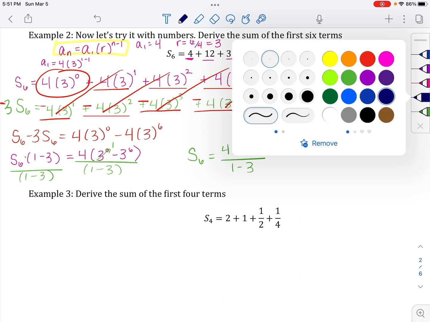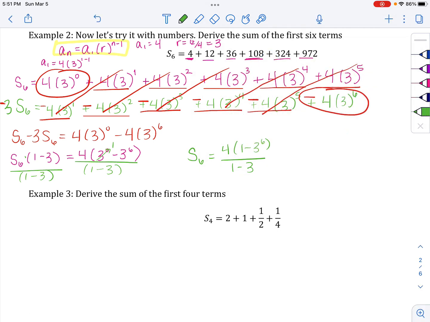Now, here we go. We finished the problem, but can we figure out what the formula might be for any series based on what we have here? So let's try to figure out where these numbers came from. We have S sub 6, and 6 was the number of terms we wanted to sum, right? The first 6 terms. Remember what the variable was that represented the number of terms we wanted to sum? That was n. So really, this is S sub n equals 4. Where did 4 come from? 4 was our first term. So this is A sub 1